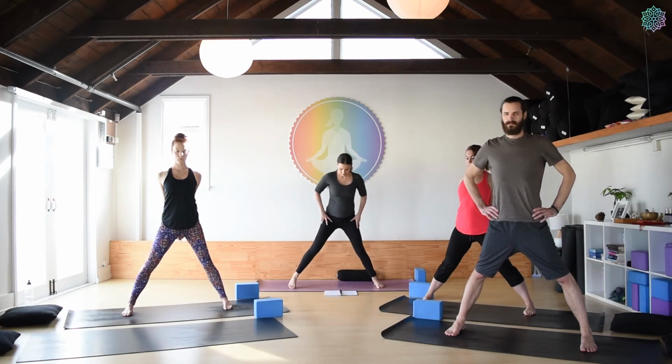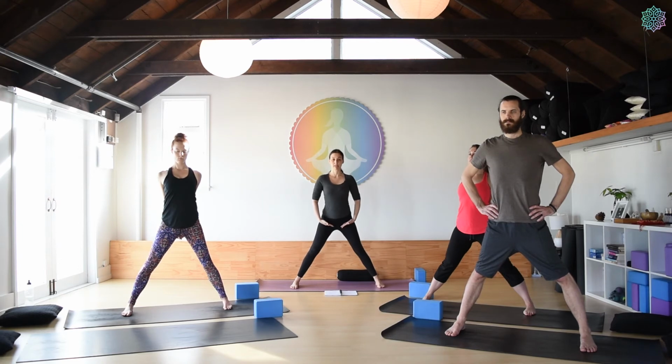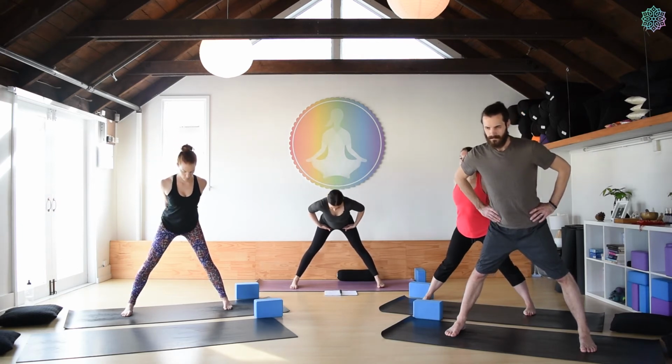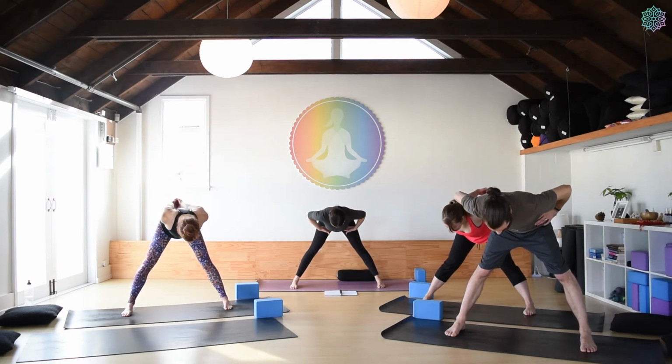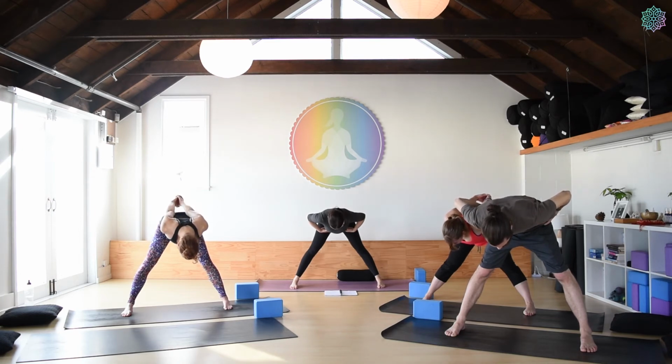Choose one that feels nice. As you inhale, keep the spine long, lift the chest. As you exhale, you're going to bend from the hip crease, keep the back nice and long, come down to your halfway point, lift the kneecaps. Now you might decide to stay here, or you may take another inhale, lengthen the torso, and as you exhale,